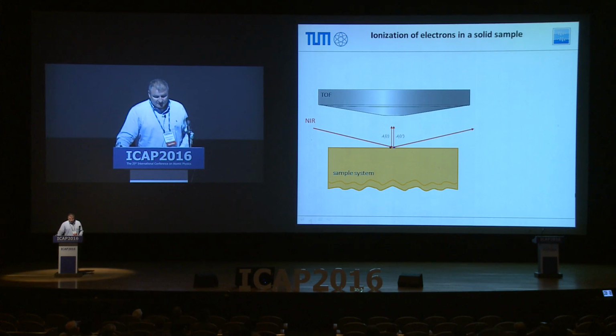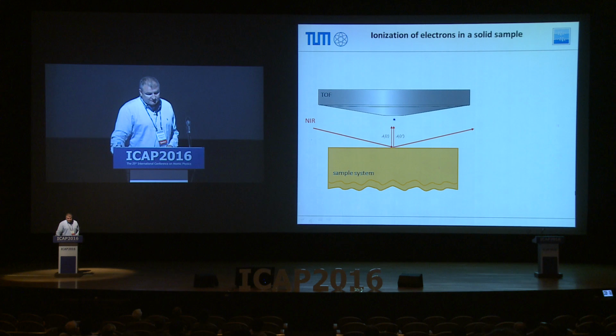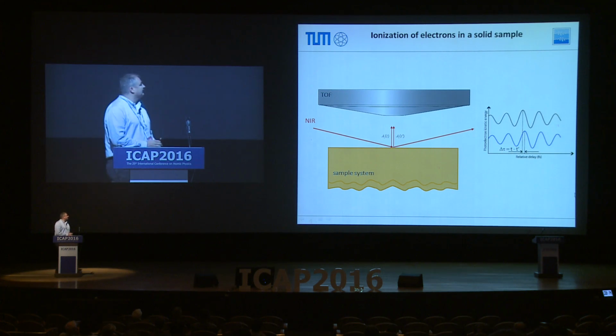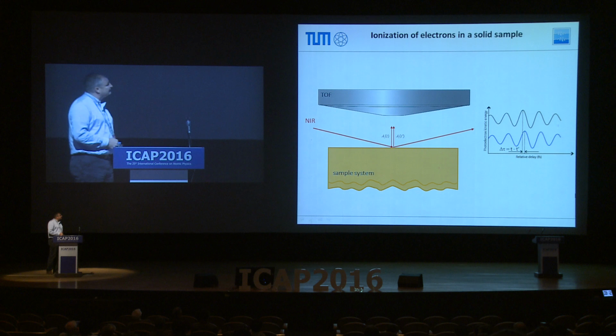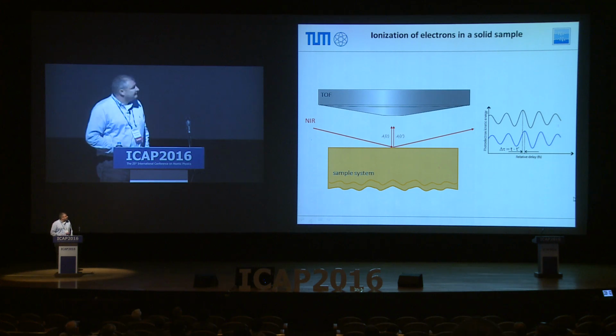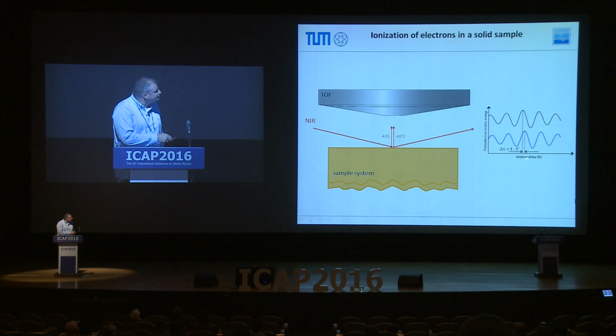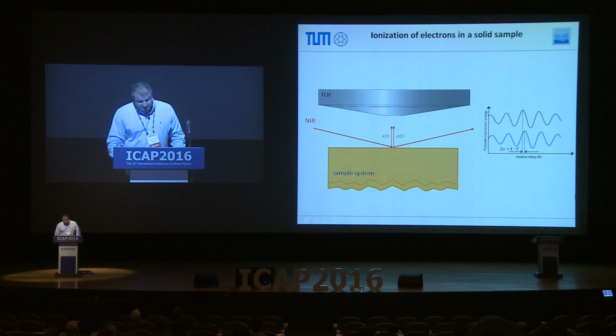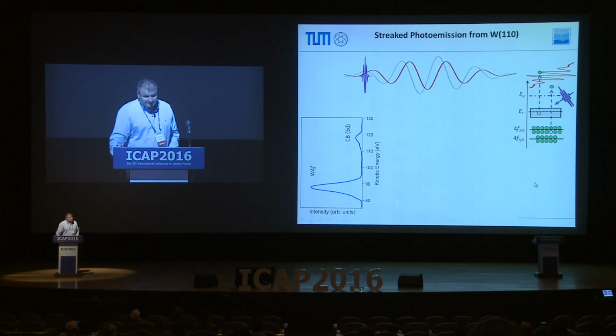And when you do the streaking with these two electrons, then as we saw in the atomic case, the spectrograms may be shifted, and the shift in time of these two spectrograms is exactly the shift or the difference in arrival time at the surface. Now, if we look at tungsten